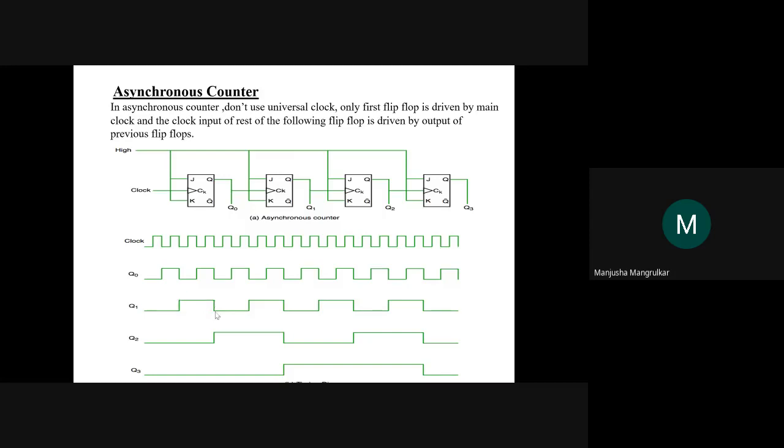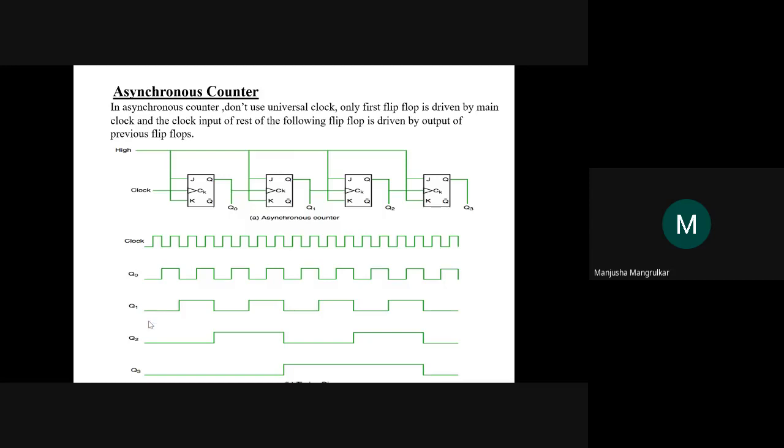This is one cycle, right? This is the second cycle, and it is activated at the negative edge of the clock. So it is a falling edge, from up to down. If it is a falling edge, the output of Q2 will get activated, right? Now this output of Q2 is a negative edge, so now this is the down, right? So Q3 gets activated, and this will continue as it is, and it rotates. So this kind of waveform you will get.